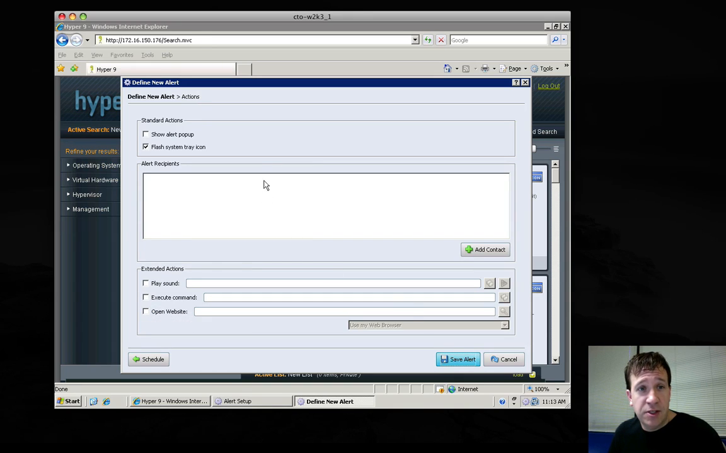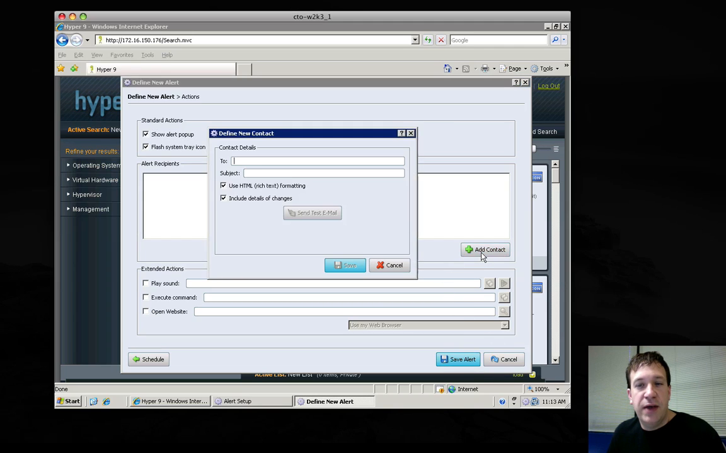So we're going to go now to the action. So this is, okay, great, I have a schedule, I know what I want to alert on, I have all that configured, and now what I want to do is I want it to do something. You can have it simply show an alert pop-up, which means that you'll see a pop-up screen in this area, so we're going to go ahead and set that up. We're also going to tell it to flash the system tray icon, so we're going to go ahead and put that in place. We're going to add a contact, so we're going to say that we want it to email